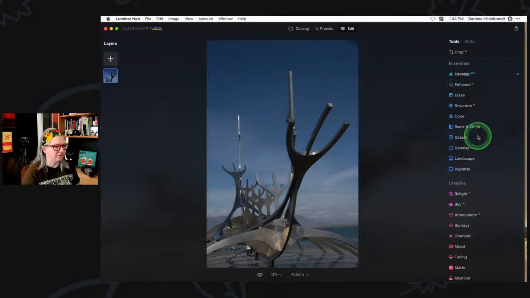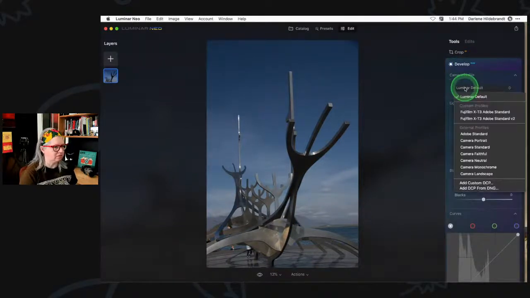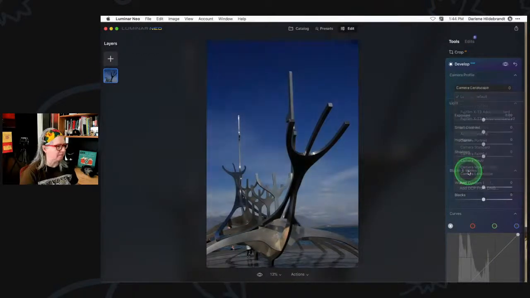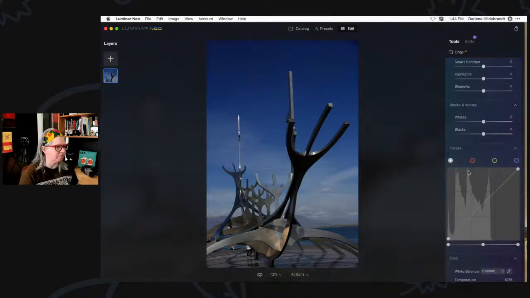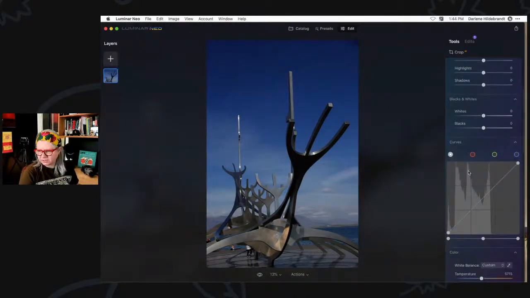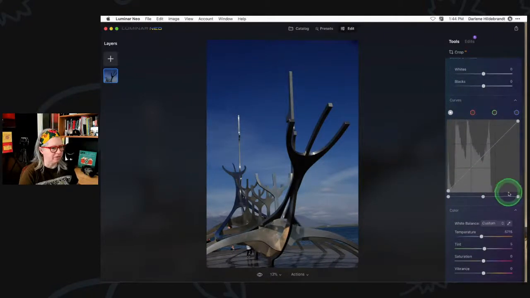I'm going to start with develop raw, as I always do. Let's go landscape, if there's a landscape. See what that did to the sky. In this case, it did a really good job. And this is actually a perfect example to look at for histogram. Can you see what this histogram is telling me? What is this telling me, you guys? When I have a big gap like this,